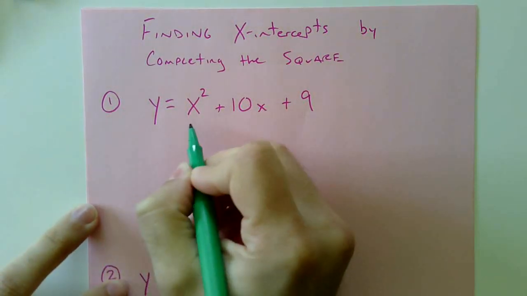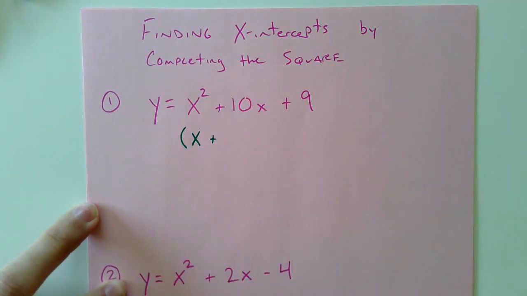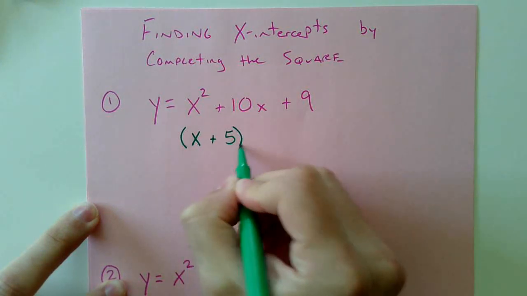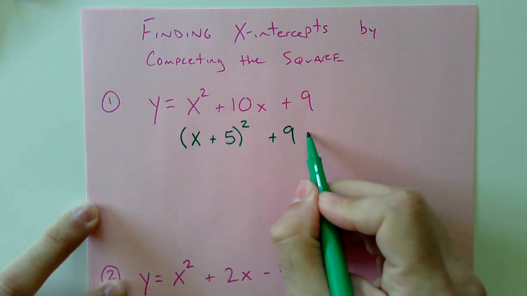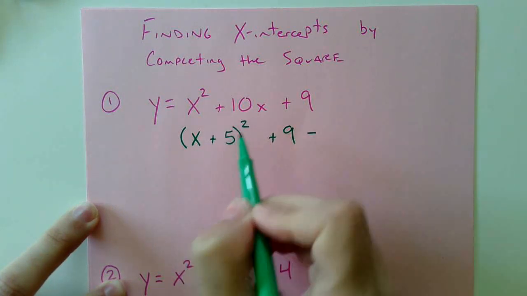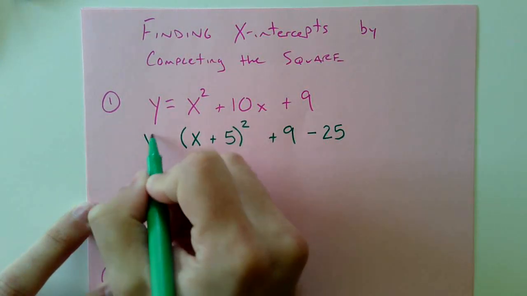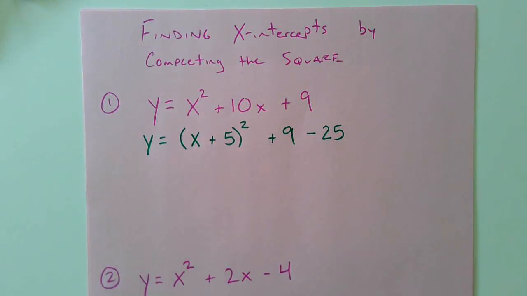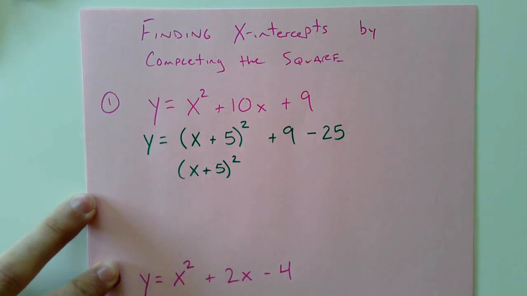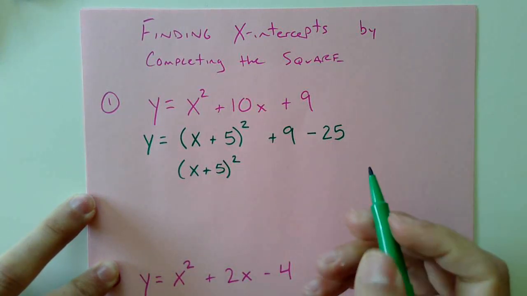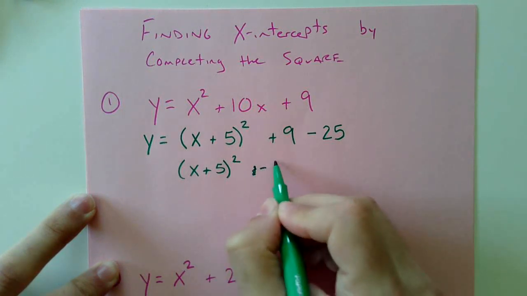So let's start with x plus, I'm going to divide the middle term 10x in half, so that's going to be 5 squared, and I'm going to kick my plus 9 to the back. And then I have to remember I need to subtract that 5 squared, those extra 25 that I had added, so that it doesn't change the expression or equation. Now I have x plus 5 squared, and then 9 minus 25 is going to be negative 16,